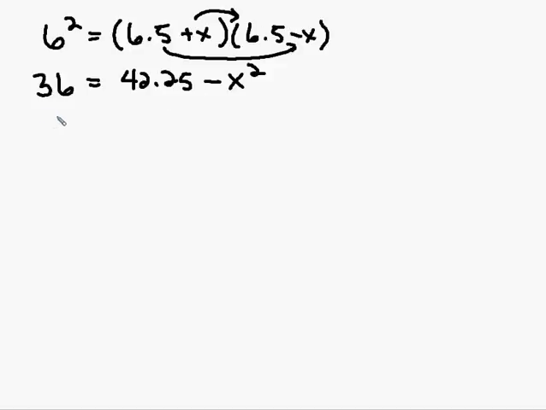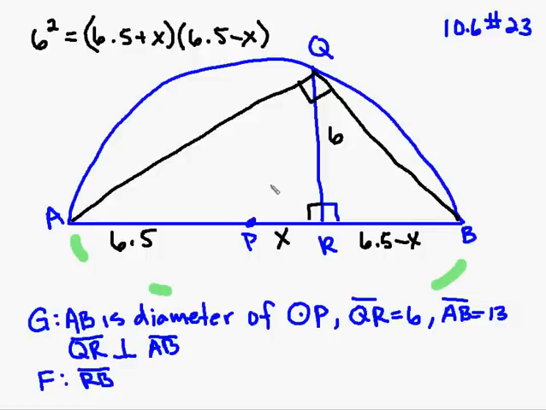So I have x squared is equal to 6.25. And x ends up being 2.5. So back to my original diagram. If I know that x is 2.5, I can find out what RB is, because RB is 6.5 minus x. So I have 6.5 minus 2.5, which equals 4. And that equals our